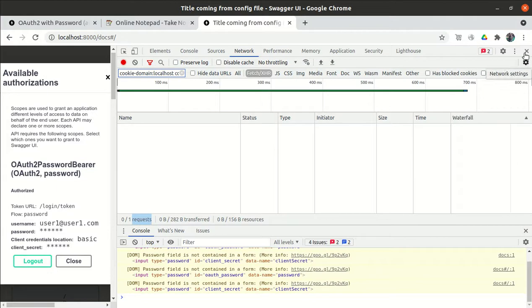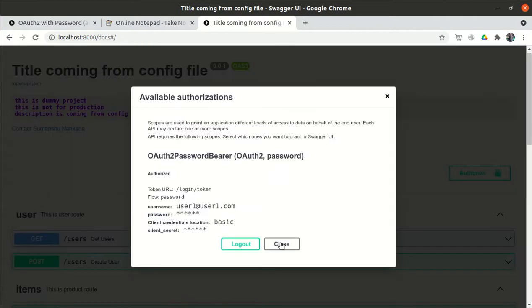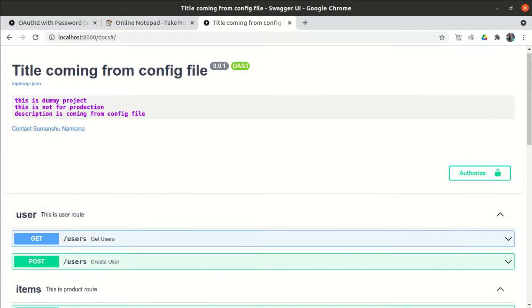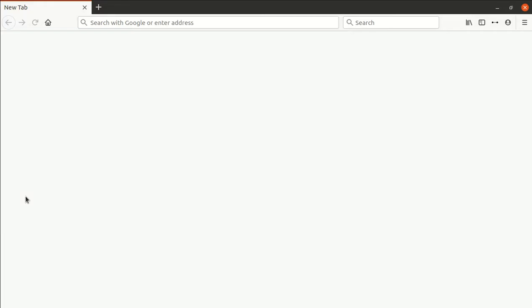Okay, let me open it in Firefox, because in Firefox it will show you. It is opening, my system is slow, but this is very important, otherwise we can't modify our test cases.